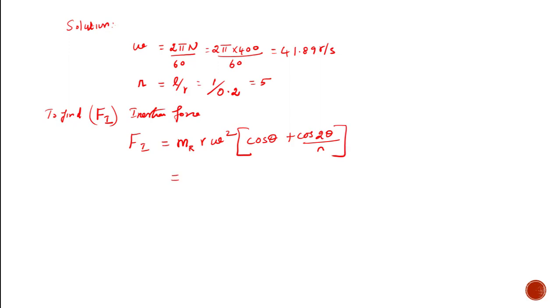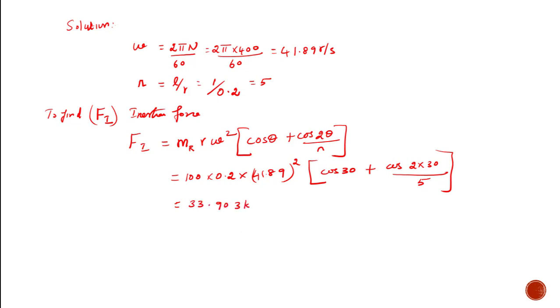We know that the mass of the piston, that means the reciprocating parts, is 100 kg. So R is 0.2 and omega is 41.89, that's squared, and then cos 30 plus cos 2 times 30 divided by n value. So n value is 5. By solving this equation, then we can find out